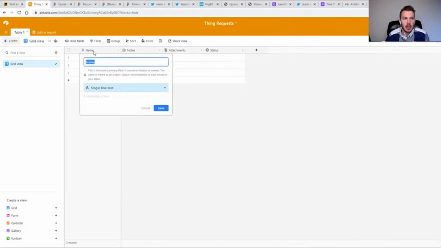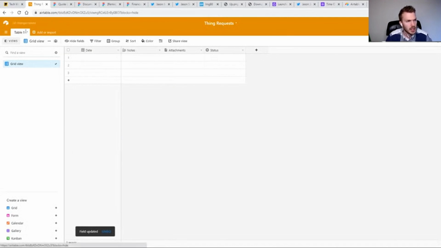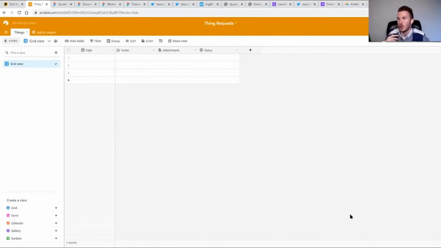Let's make a recurring request sort of thing. So let's say we want somebody to give something to us every week. Could be every day, could be every month, doesn't matter. Let's just say, for example purposes, that we want them to give this to us every week. So this table is going to be things. Each record is a thing. We're going to identify these things based on the date. So let's say that since they're giving these things to us on a weekly basis, they are a week's reporting. So maybe the result of a week, total sales, total whatever. And we're always going to date that for the Saturday of that week, because maybe you're doing like weekly scorecarding